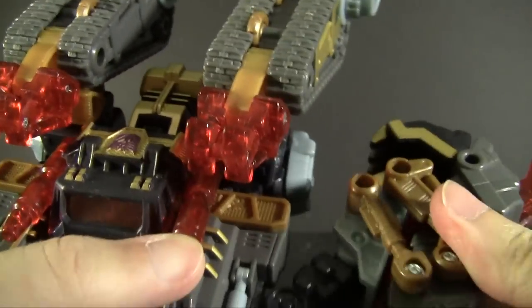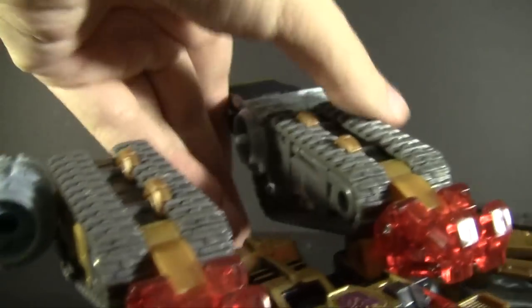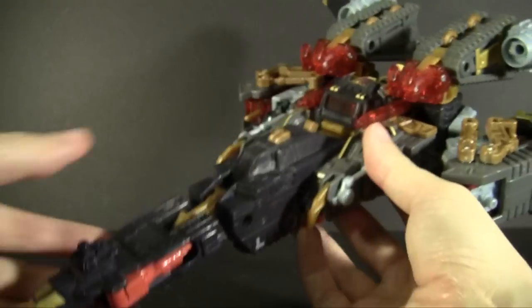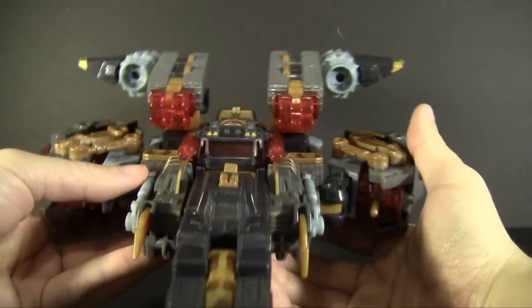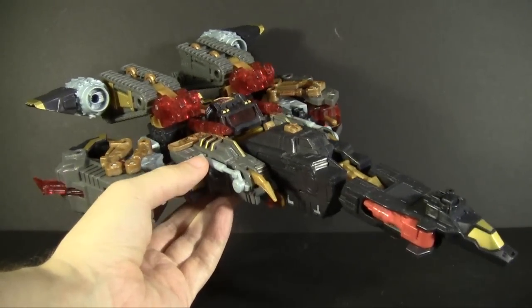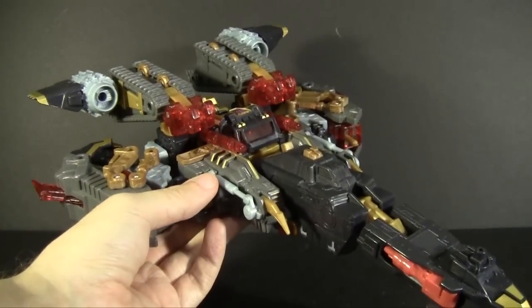And now it's as simple as folding these out down to this position. I'll give them the little blades out there. And then we fold these out to create the thruster jets. And that is our jet mode. And yeah, it's something, all right. Yeah, I'm going to call it a space jet because there is no sense of aerodynamic anything